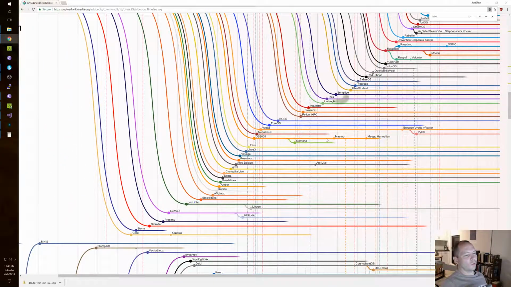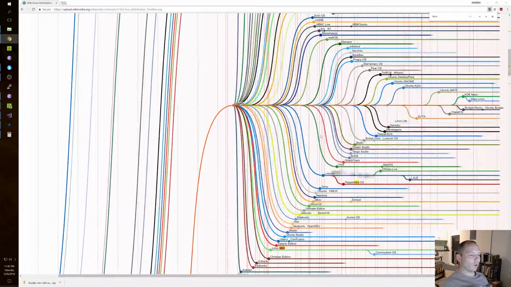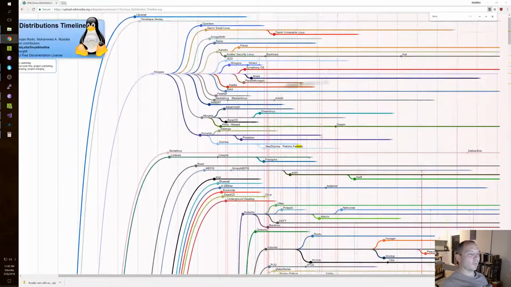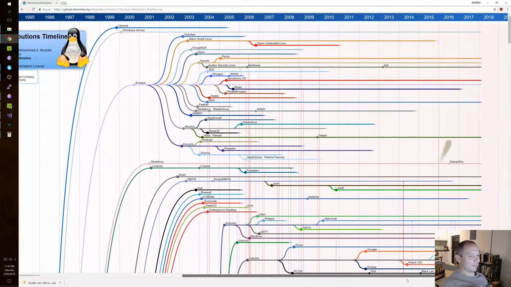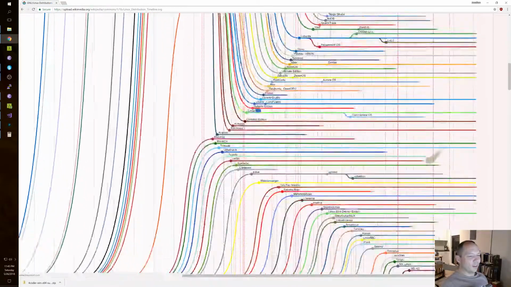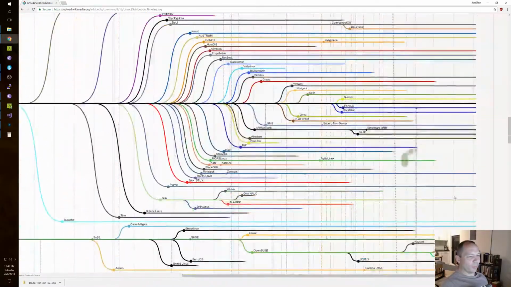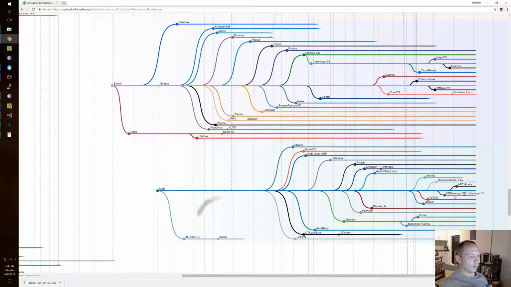And include now the number of distros that don't actually ever make it to a release, that somebody just puts a bunch of effort into trying to fork something and they just don't quite get there. I'm sure it would be a lot more colored lines. Although there's not as many forks in the past couple years, which I guess is good. Maybe people are growing up. Oh, wait, down here we got a lot of forks. God.